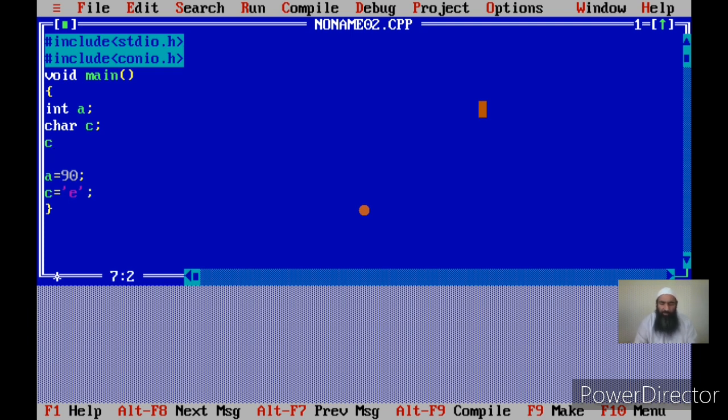Now I can declare the integer array, say s of 90 elements. I can access any variable from s0 to s89, and I can assign any value to any of these variables. Suppose I say s of 0 is equal to 34. That is, I am making a reference to the first element of the array, because the index of the first element is 0. So it is similar to variable equal to value, because each array element is a variable, that is, a memory location that stores a value. And how many locations are there in s of 90? There are 90 locations, and each location has a separate name. This I have already explained.